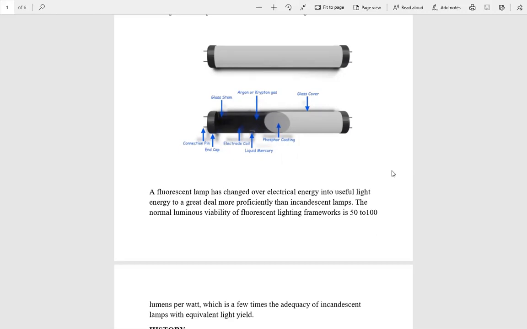A few lamps have the tube twisted into a circle utilized for table lamps or different spots where a more conservative light source is required. Bigger U-shaped lamps are utilized to give the same measure of light in a smaller region. Minimal fluorescence lamps have a few little width tubes joined in a heap of 2, 4 or 6 or a little breadth tube curled into a helix to give a high measure of light yield in little volume.